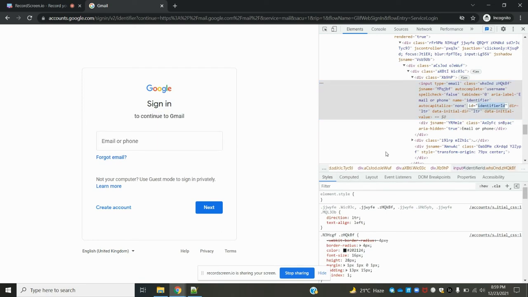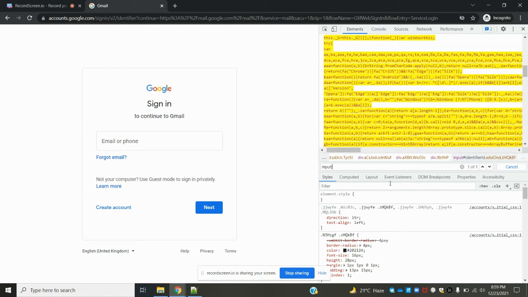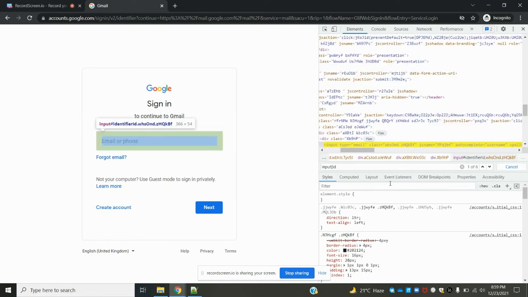My tag name is input, and I'm going to use id equal to. This is one way we can find our CSS selector.